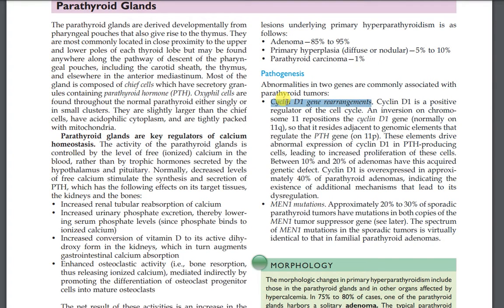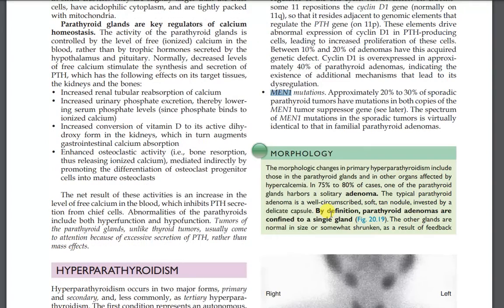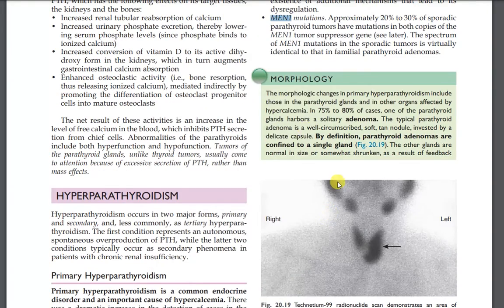So, for example, cyclin D gene rearrangements. You remember cyclin D1 takes part in the process of the cell cycle. And in the parathyroid gland, somehow even only this cyclin D1 is responsible for its growth, and also MEN1 mutation. It's a tumor suppressor gene, and the mutation of this gene causes decreased anti-tumor activity. But it's a benign tumor anyway, so we used to survive,